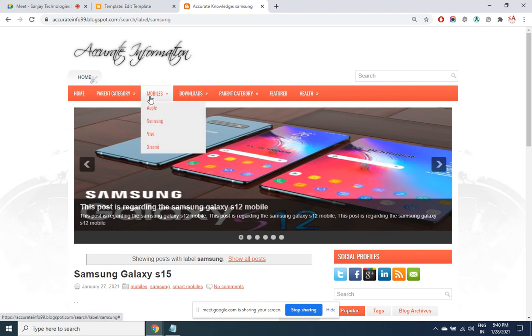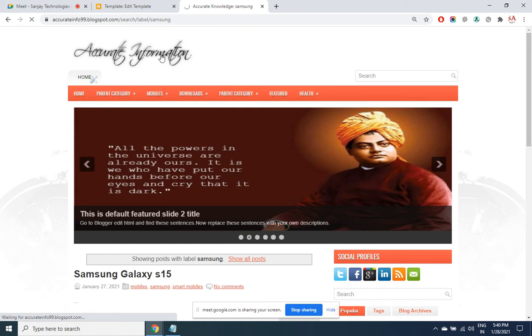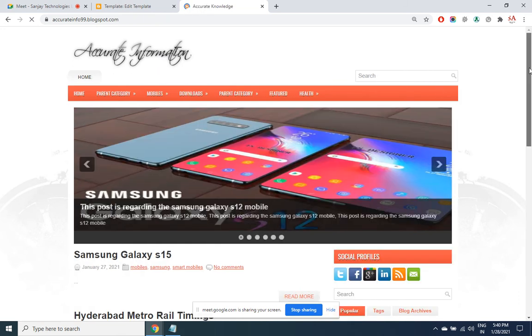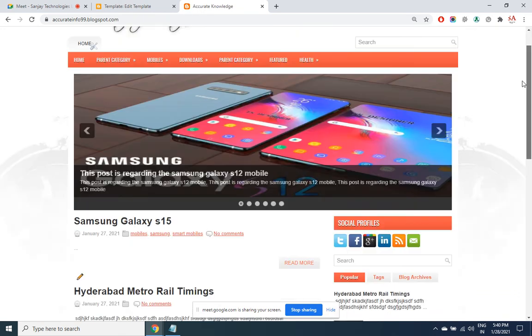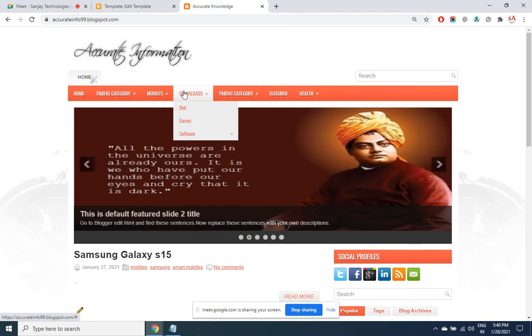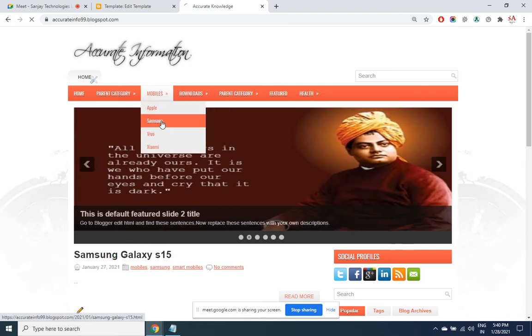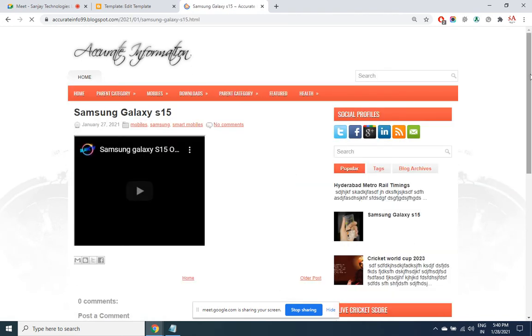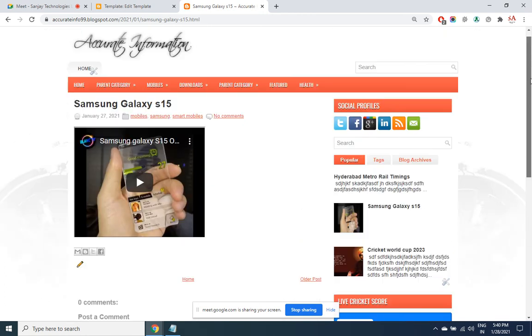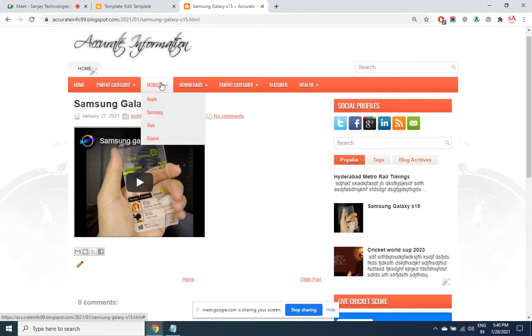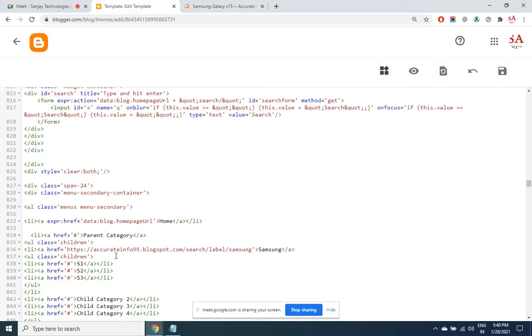This time I click on Samsung. Right now, all the posts are shown, but I want all the pages which are only relevant to Samsung. I click on Samsung here. So only Samsung relevant pages will show up. Oh, sorry. Where have we provided that?